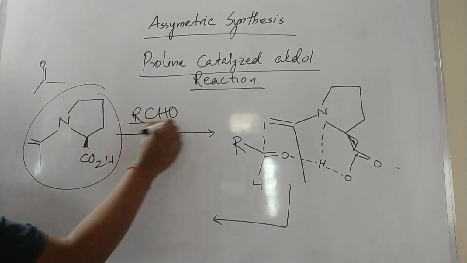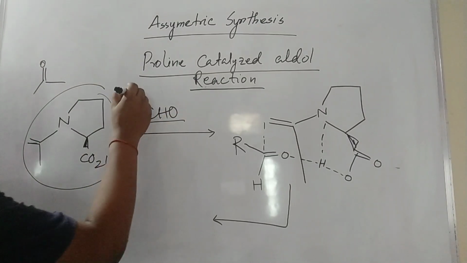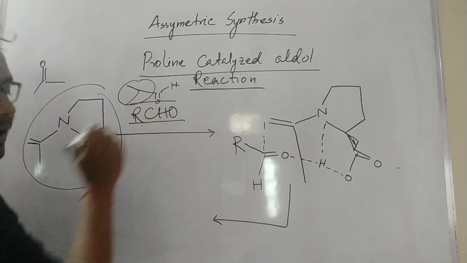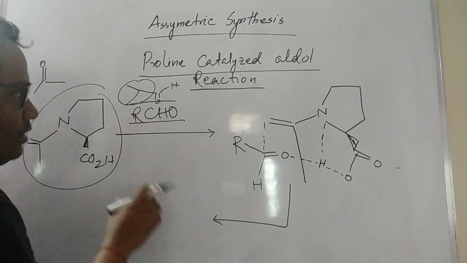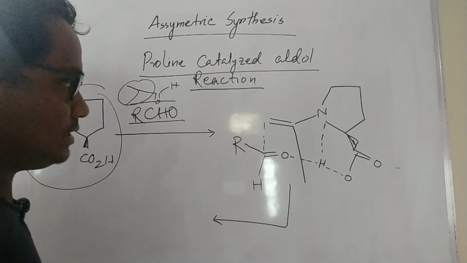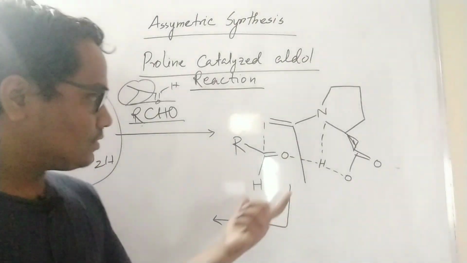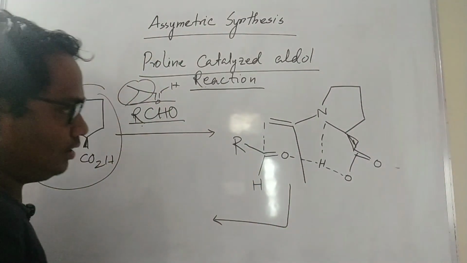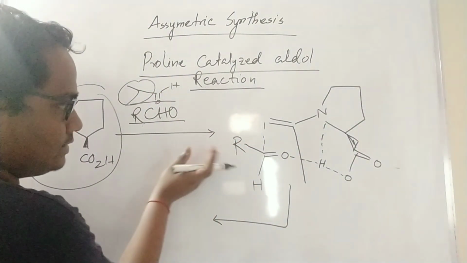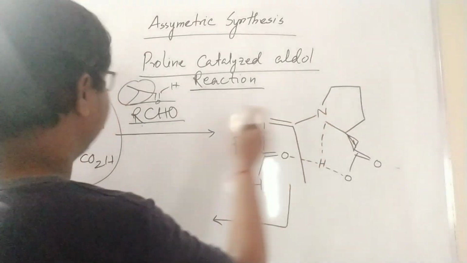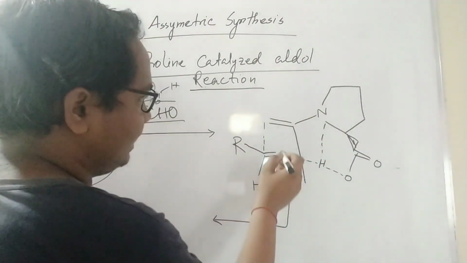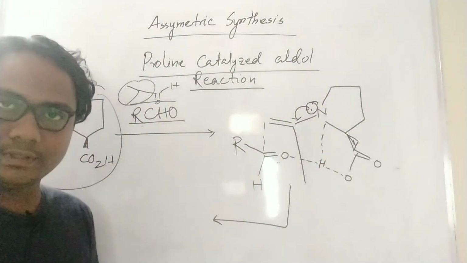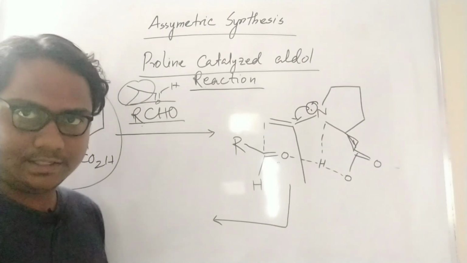Okay, and then RCHO. RCHO is any aldehyde. In this reaction the aldehyde is isopropyl aldehyde, so that group I took as R. You already saw that group R, because every time in this transition state I never wrote it like that. Okay, so this is the transition state. See here, R is keto, this R is the isopropyl group. In this transition state, I already told you, whatever transition state forms is always a chair form.